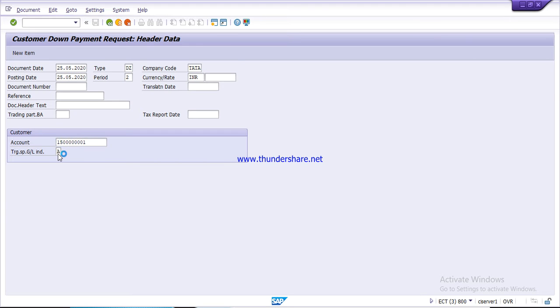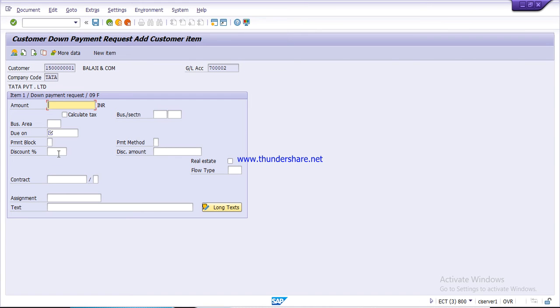Then click on enter. Here we will give the amount of the DPR, which is 40,000. Then give here narration. Here we will give the due date.